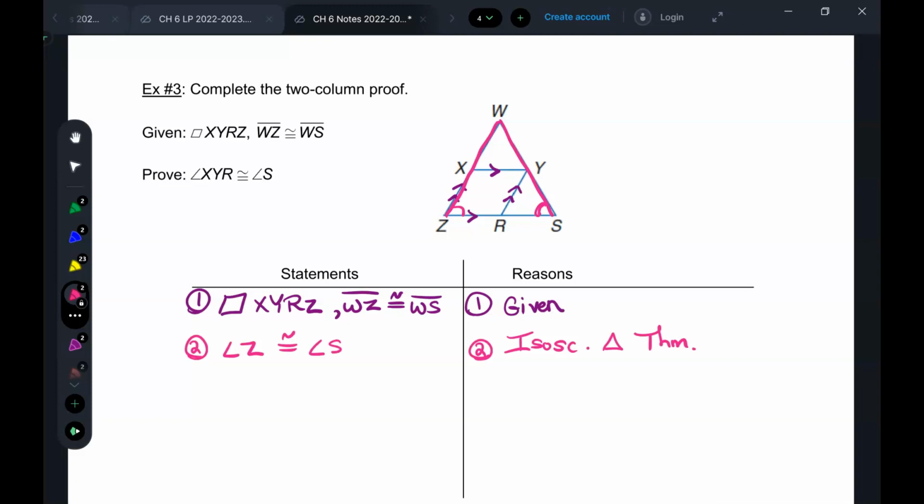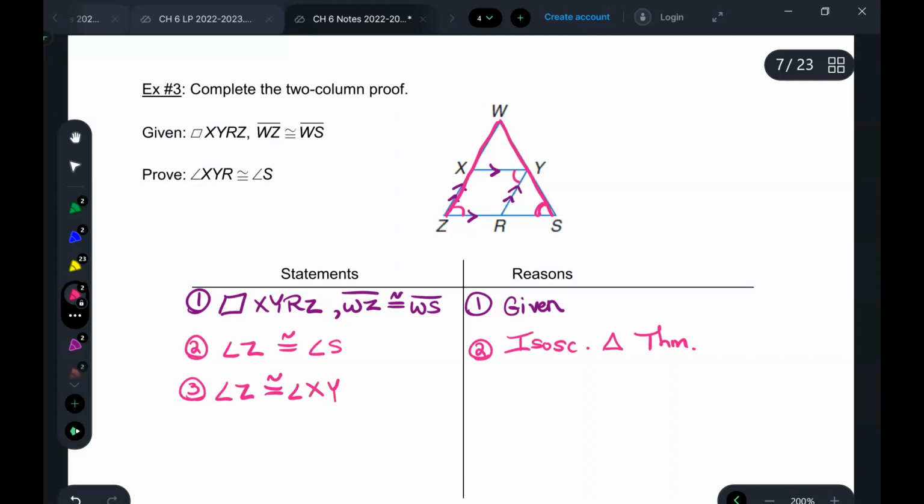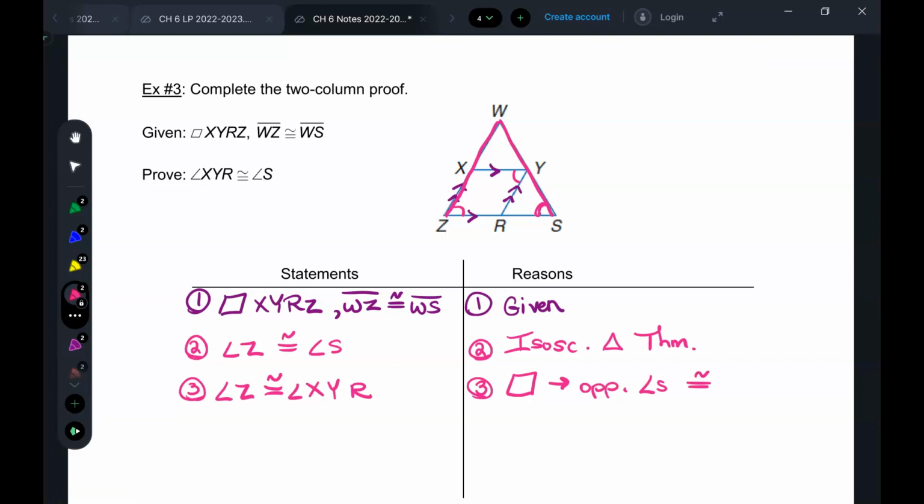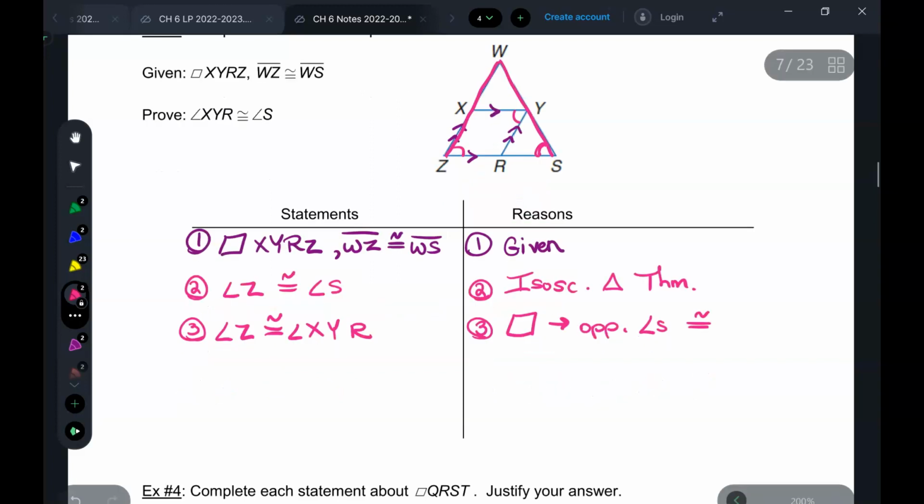And then the converse would be if the base angles are congruent, then the sides are congruent. Then you have to do angle Z, because opposite angles are congruent. So angle Z, and then the transitive property. We need to say it's a parallelogram, which implies opposite angles congruent. So we have angle Z is congruent to angle S, angle Z is congruent to angle XYR. So by transitive,